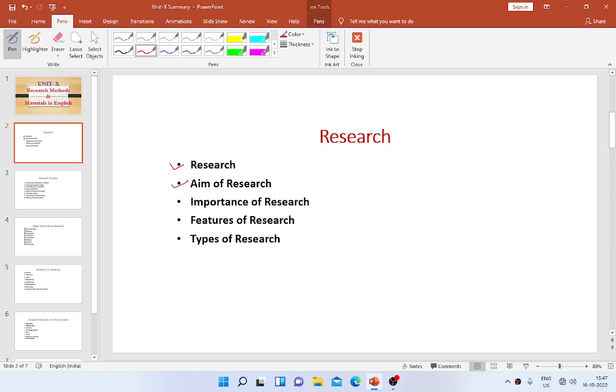It is a tool, a medium to expand knowledge so that new theories are formulated. It is important to explore new things which were earlier hidden. This is the importance of research, about which we have already talked. Now, talking about the features or characteristics of research,